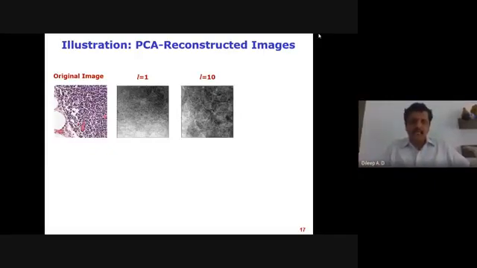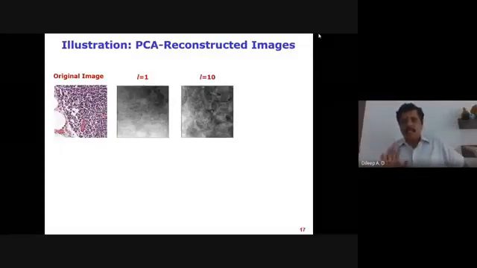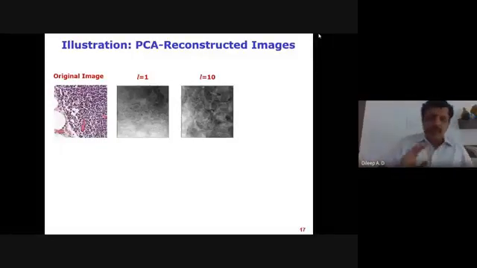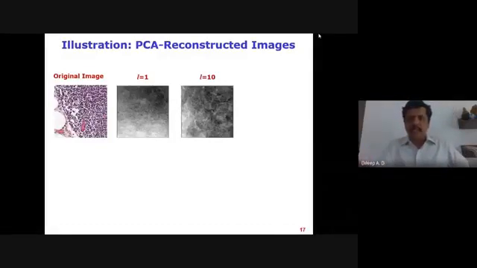One thing I wanted to say here is that though the original image is a color image, for the reconstruction, for simplicity, I considered only the grayscale of it. In principle, you have to consider each of the color spaces, but for simplicity I considered only a single color space.